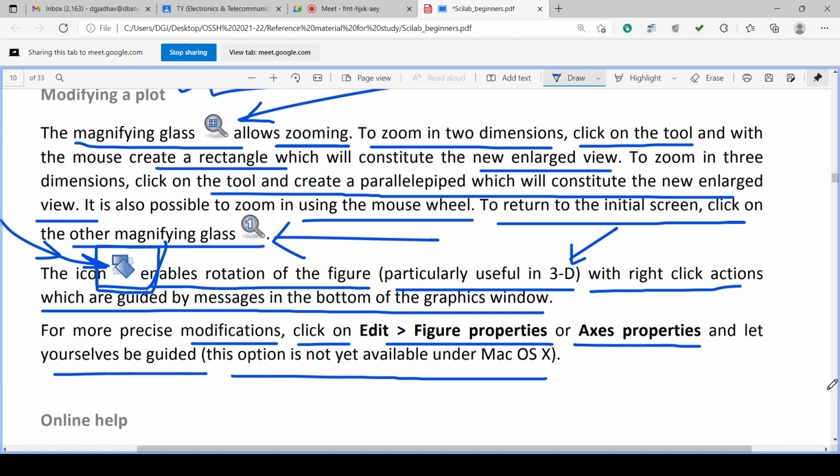You can directly get the figure properties or you can directly get the axis properties. You can edit the axis properties of the graph. Suppose initially the graph is seen on the x-axis 0 to 100, on the y-axis 0 to 100. You can edit it to, say, 10 to 50 on the x-axis and 20 to 30 on the y-axis.